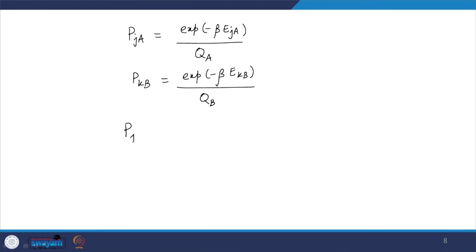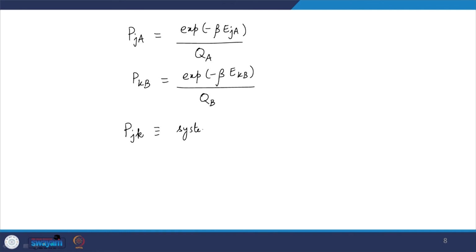So, the probabilities should be of the system A having some energy and system B having some energy. So, what is more relevant here is a probability of the form Pjk, that means that the system